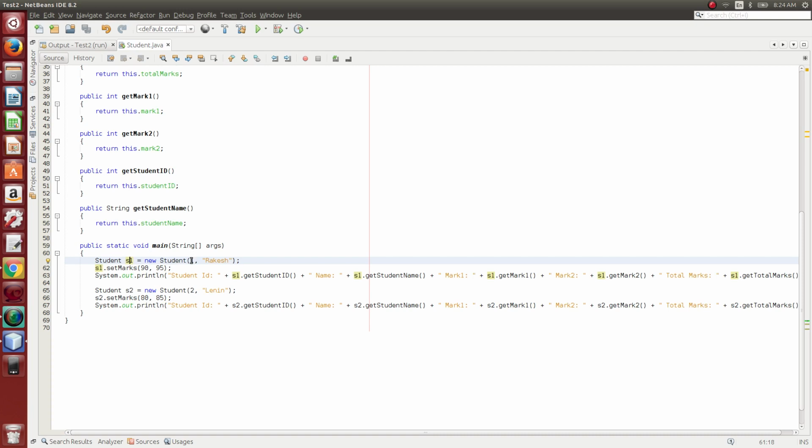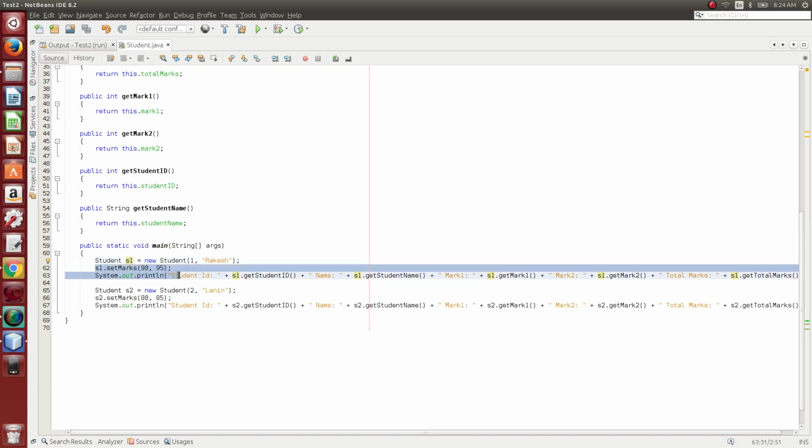But your student ID and student name don't change at all. That's why I have given them in the constructor, at construction time. Marks are set at dynamic time. You can set the marks at any time, and if you want to modify them, you can modify them at any time. So these are called moving variables. They can change at any time during the life cycle, whereas 1 and Rakesh don't change during the life cycle.